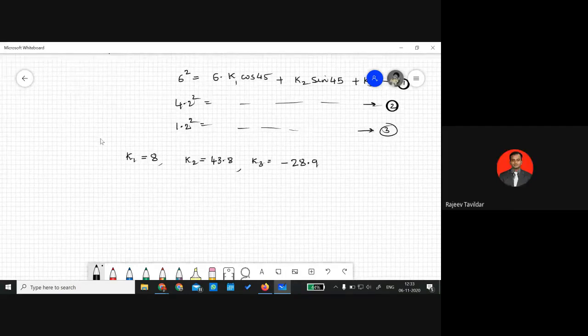So with these values, you should be able to also find out the Z values. Ultimately, that is the objective. Z is nothing but our link length. So we have K1 equal to 2 times Z2. So from this, Z2 will be 4.